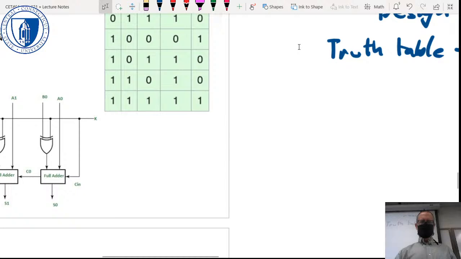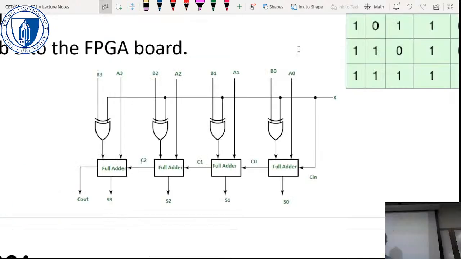The actual thing we're implementing is 4 full adders and then an add or subtract. I call this a subtract input, right? So if k is 0, we just have a 4-bit adder. But if k is 1,